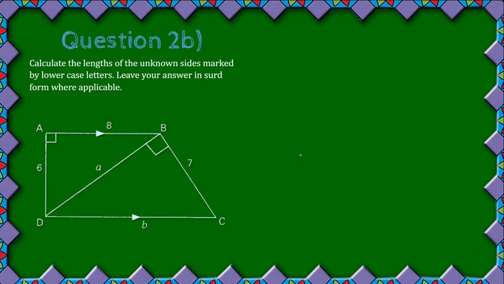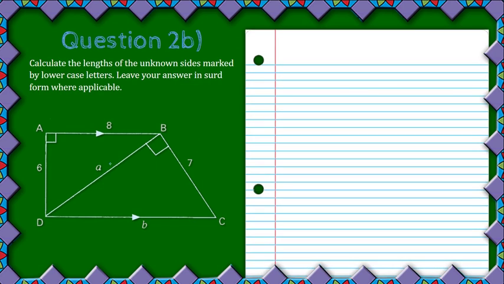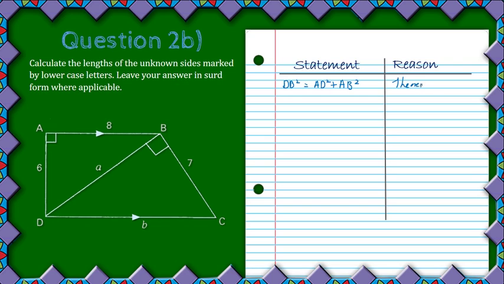Question 2b. In this question, we have once again an A and a B value to solve for. So let's start with A. We have our statement and reason. As you can see, this is a right angle triangle, and this is the long side. We've got the other two sides, so this is quite easy. We know that DB squared is equal to the two short sides added together, so that's AD squared plus AB squared. Reason, Theorem of